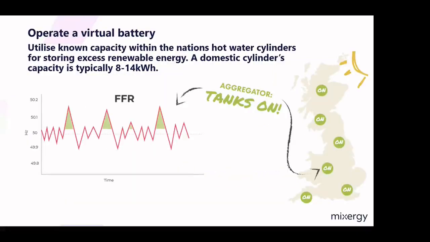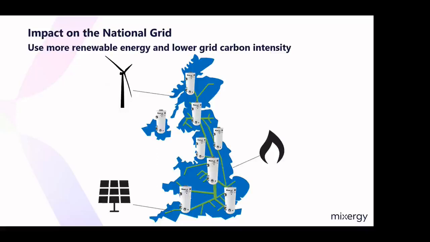Thermal batteries can also be used to utilise firm frequency response and demand side response. As we move towards more renewable electricity generation from wind and solar PV, excess electricity on the grid can become dangerous. Growth of renewable energy systems in the UK has led to some interesting challenges. In the northwest of Scotland, wind farm operators on occasion are paid in excess of £1 million a day to shut down when there is too much wind. Meanwhile, in Cornwall, there's a moratorium on PV installations in some areas due to excess power in summer months. A thermal battery, linked up to thousands of others through connectivity and machine learning, can be used to offer firm frequency response and DSR services.